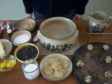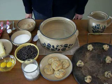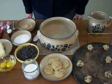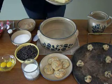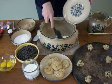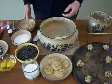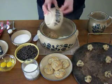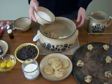I'm going to be demonstrating how to make the perfect chocolate chip cookies. First, you'll want to preheat your oven to 375 degrees. In a large mixing bowl, cream together 1 pound of butter, which is 2 sticks, 3/4 cups of light brown sugar, 3/4 cups of white sugar,